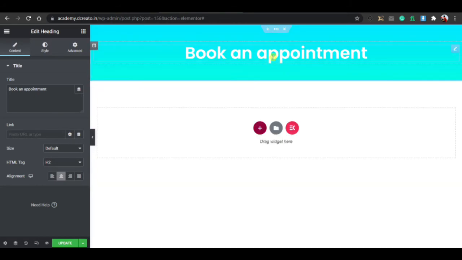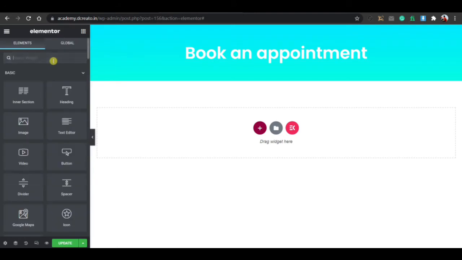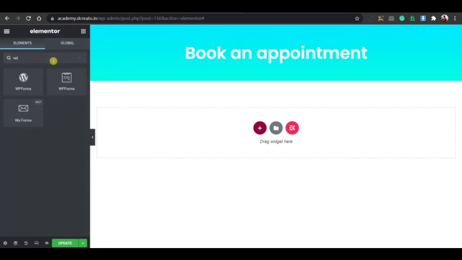Now you can add the WPForms here. To create that, I'm just creating a WPForms now. Search for WPForms, and you can see the WPForms Essential widget came. Just place it here,